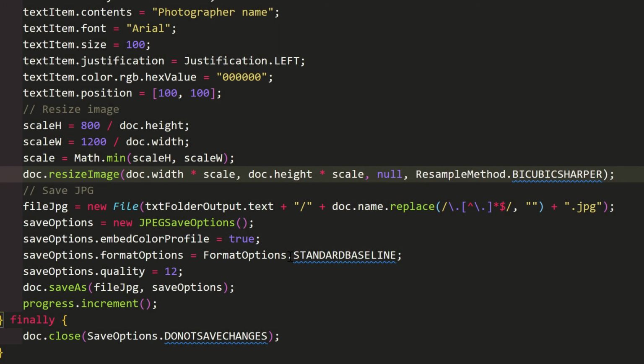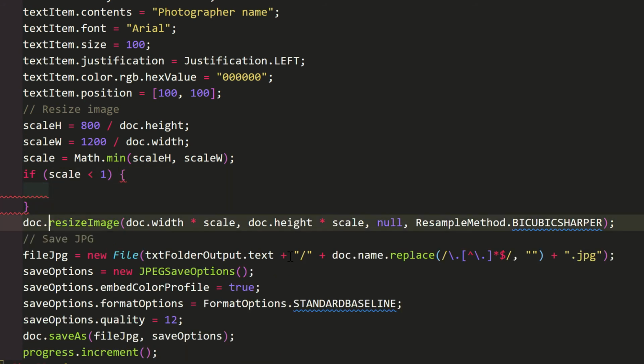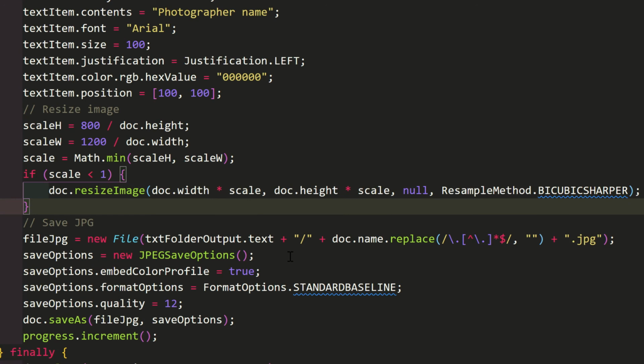In other words, 200%. We don't need to enlarge images for the web. So add an if block around the call to the doc.resizeImage method. If scale is less than 1. Only resize when the scaling factor is a fraction, meaning less than 100%.